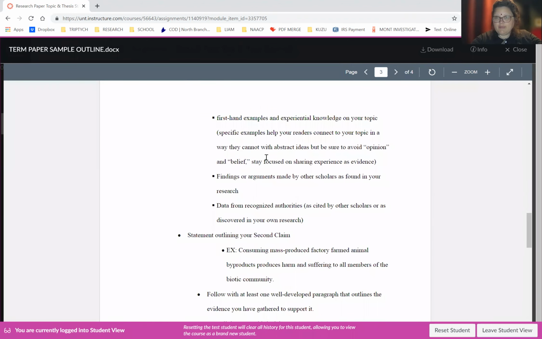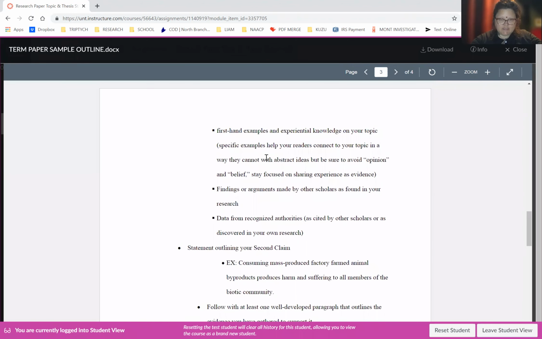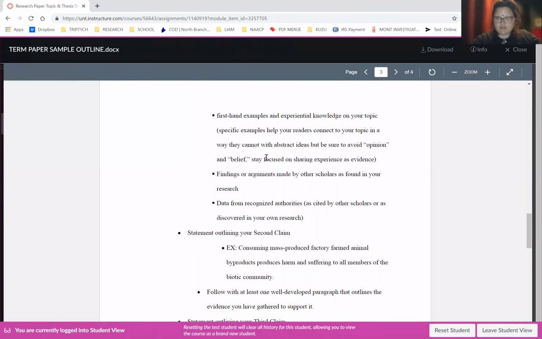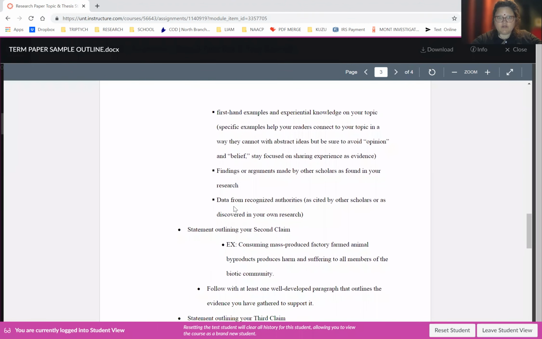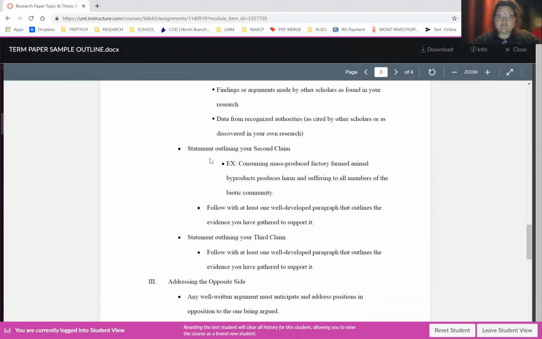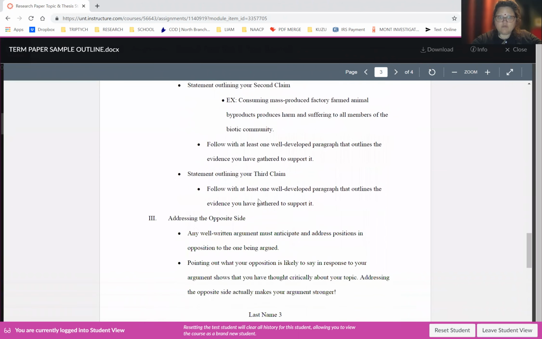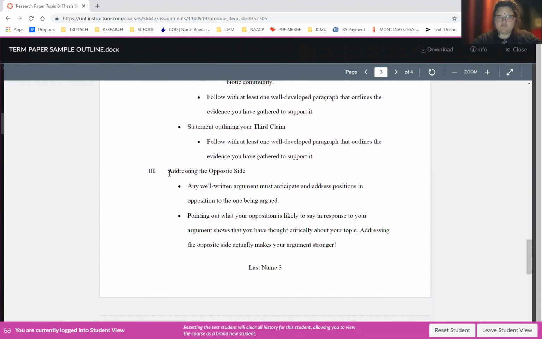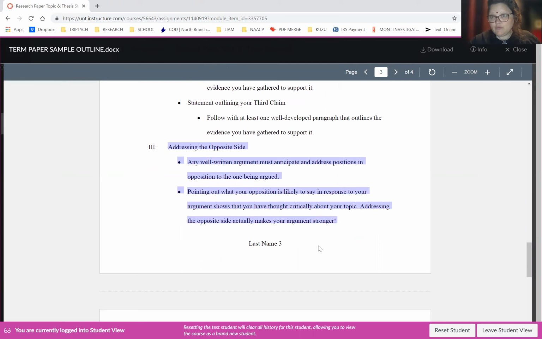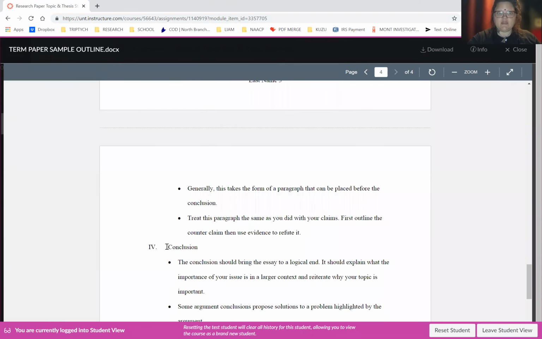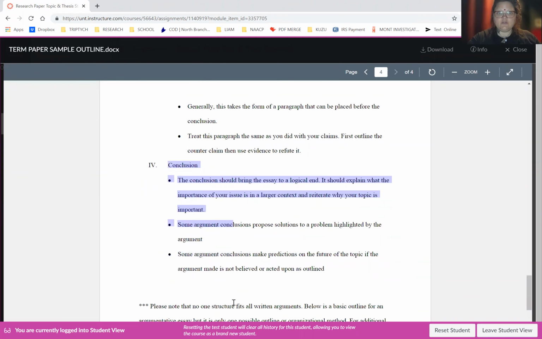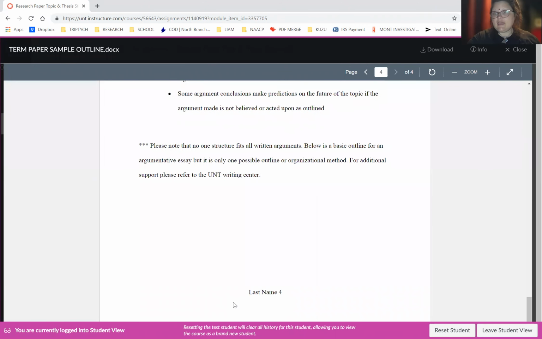If you don't know how to put page numbers on a document, I suggest that you go to the Writing Center to get some guidance on how to use Microsoft Word. So I go through here and I just give you a breakdown on exactly how to write your paper. I give you a breakdown on how to address all counter arguments in your paper, how to anticipate what somebody who might disagree with you would say, and how to argue against that. And then again, I give you a breakdown on how to write a conclusion.